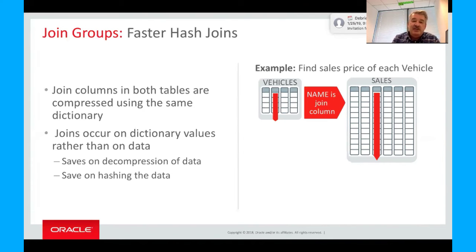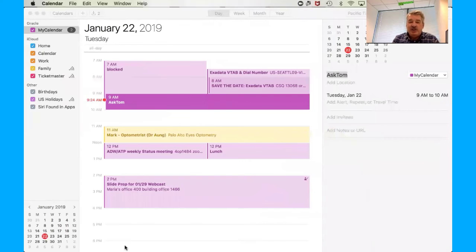a join group, to basically make that code path within Oracle even faster to reduce CPU time. And so if you're only running on CPU and accessing memory, then the only way to speed that up is basically to make your CPU footprint smaller, reduce the amount of CPU you're consuming as part of the query, or parallelize. And we'll talk about parallelize in a little bit. But join groups are one of the things we added in 12.2 to make hash joins even faster by pre-computing or basically identifying to the Oracle database